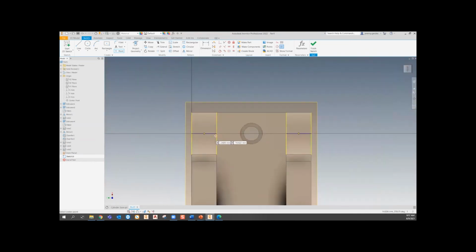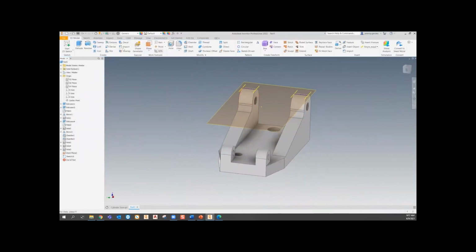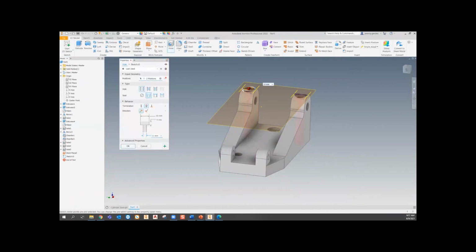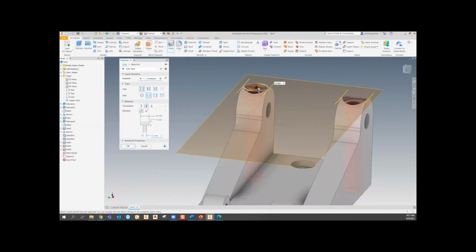Midpoint. Finish 2D sketch. Now when I do the Hole command, it automatically grabs sketch points to use. So if you have any sketch points, it automatically throws holes on them. And we can deselect or select them